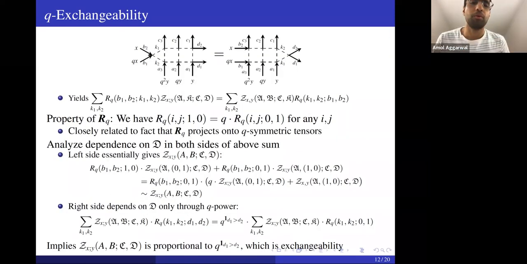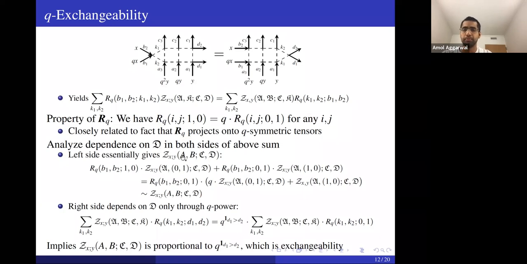Okay, so now let's just take this equation and analyze how it depends on d. All I have to show is that if I swap two guys, if I swap d_i and d_{i+1}, then I gain or lose a factor of q. So the left side more or less will give me my